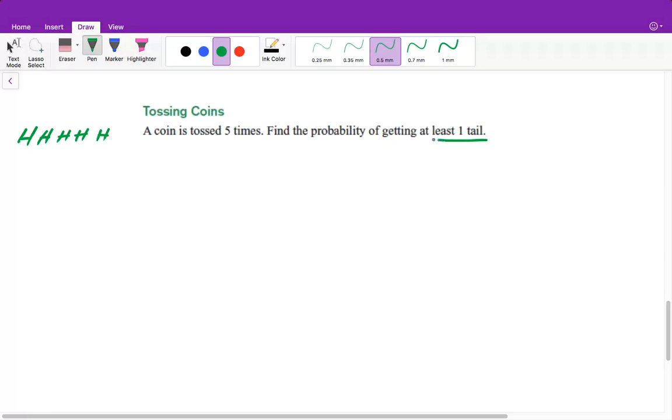So if they're getting at least 1 tails, that means the only time that this doesn't happen is when we flip all heads. So it's easier for me to find a probability of getting all heads. Well, we're flipping a coin 5 times. So remember I told you in class, if you're unsure of how to find a probability at times, you can